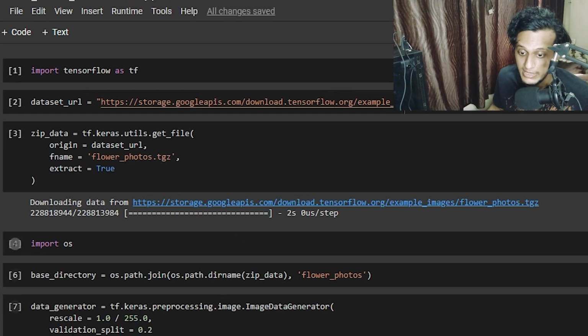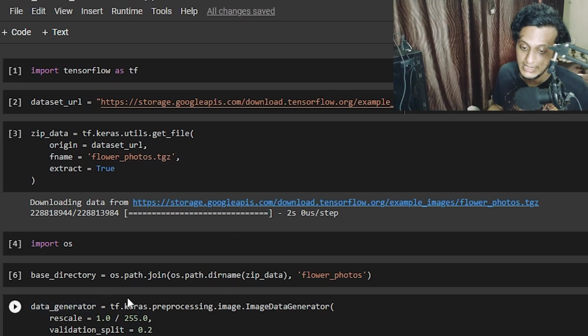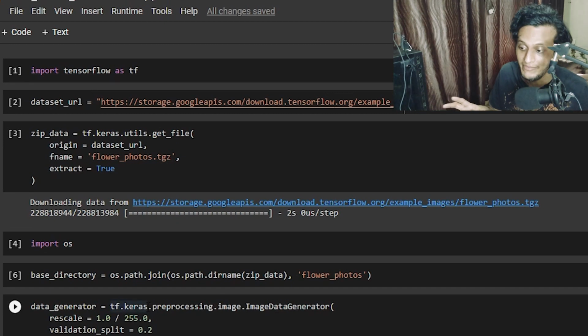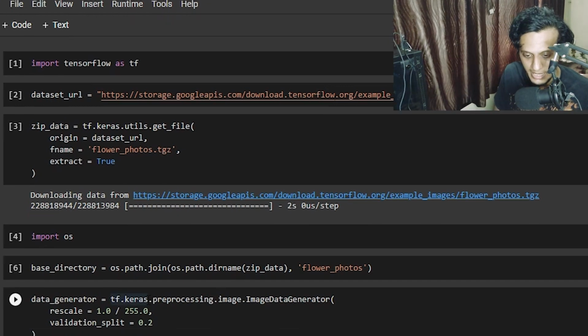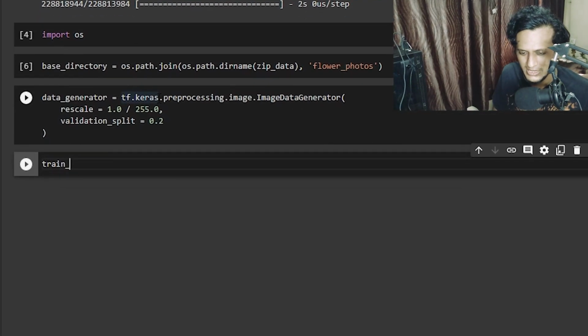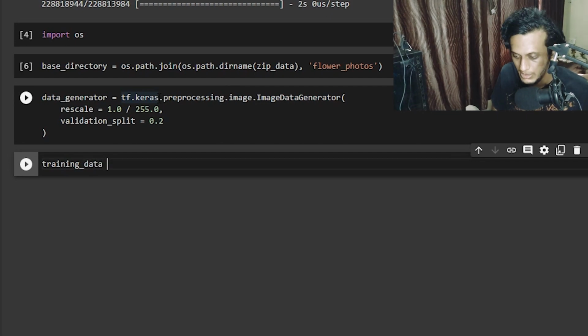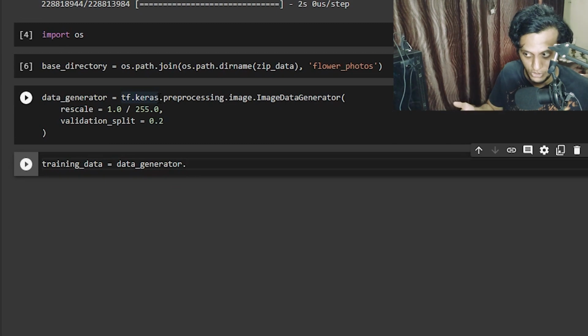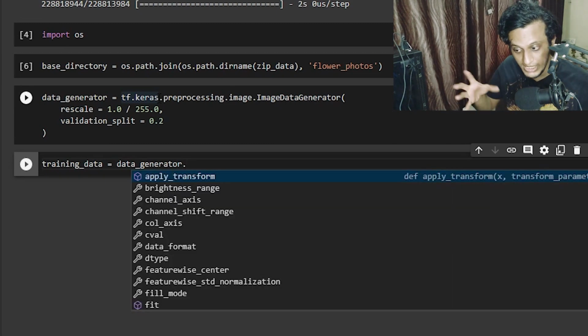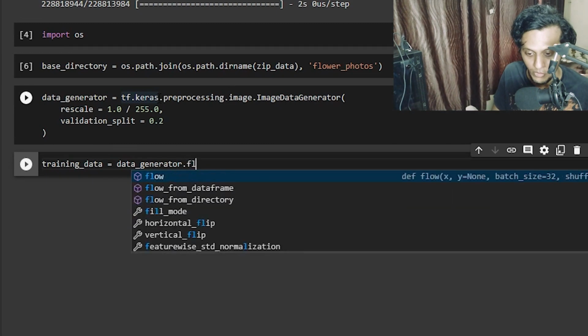Now this data generator holds my image data generator, and this data generator will be used to interact with the procedures of the splitting. So now I will say train data generator, or we can just say training data. Okay, pretty clean variable, training data. And now I will call my data underscore generator. Now from this generator I am going to take flow from directory.